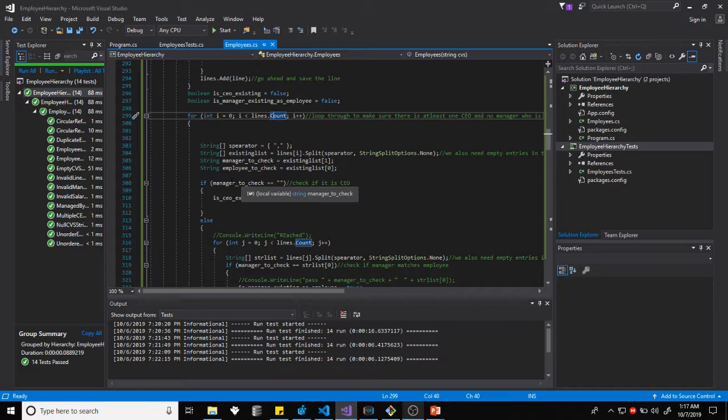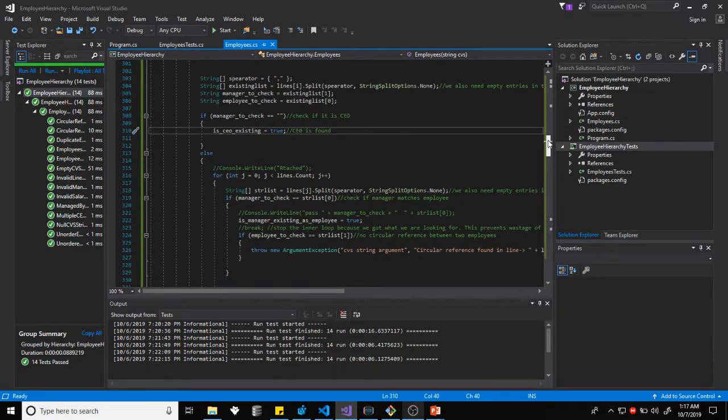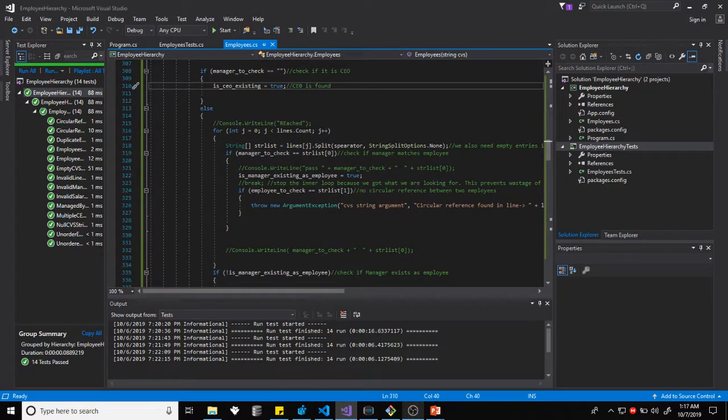Then we check if there is a manager field that is empty, because that is the CEO. So if we get one of those, we are going to say there is a CEO. Else